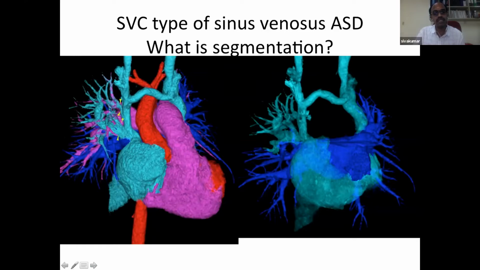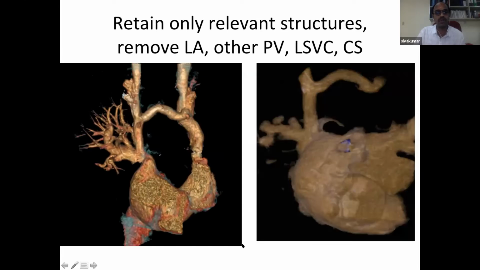This is the 3D data set of the contrast CT. We don't want the aorta, we don't want the ventricle, so take away everything. So we have the right atrium and left atrium here, bilateral superior vena cava with the coronary sinus here. We don't want actually the left atrium also, take them away. We have two superior vena cava with LSVC draining into the coronary sinus. Our stenting is going to be primarily in this area, so chop off the LSVC and coronary sinus as well.